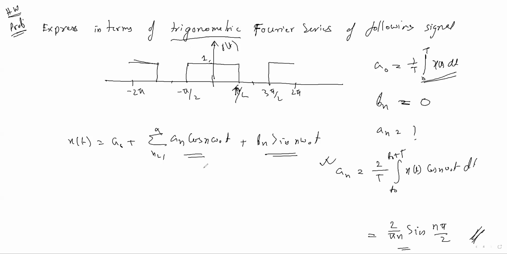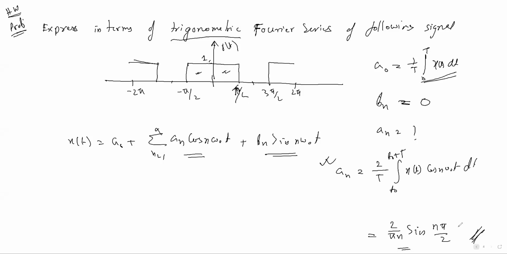A message on the Zoom class: Sir, you said hidden symmetry signals are odd signals, and now you are saying it is an even signal. Oh, what? This is an even signal only. You see, only the first quadrant and second quadrant waveform exists. That's why it is an even signal.